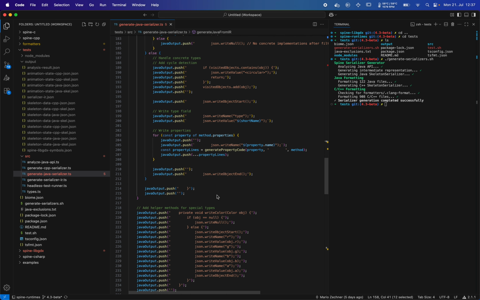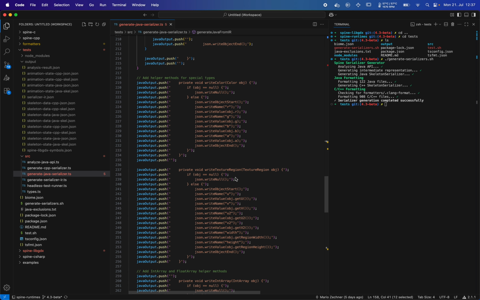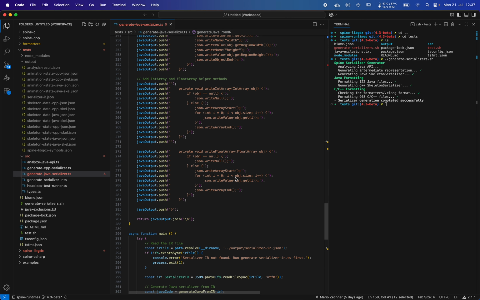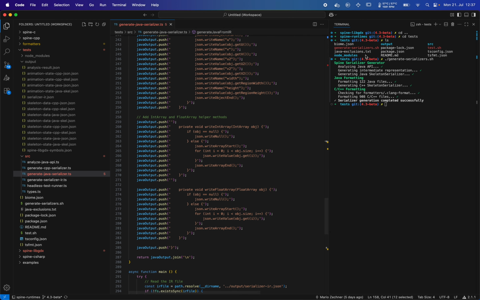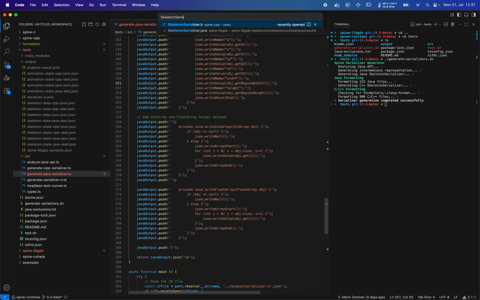And it's super trivial to add a new serializer for another language, because the API is pretty much the same in each language. So we just need to translate from Java idioms in terms of accessing getters and primitive types to the target language idioms. Super easy. Okay, so once I have this run that generates serializers, I do get skeleton serializer Java,